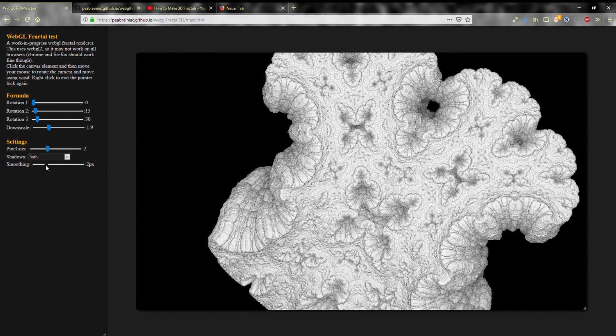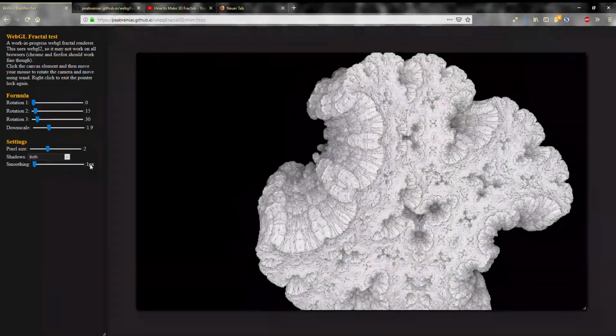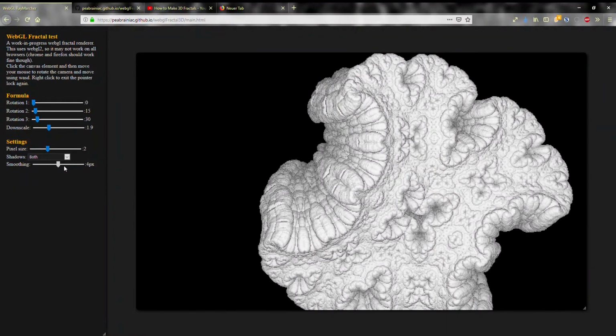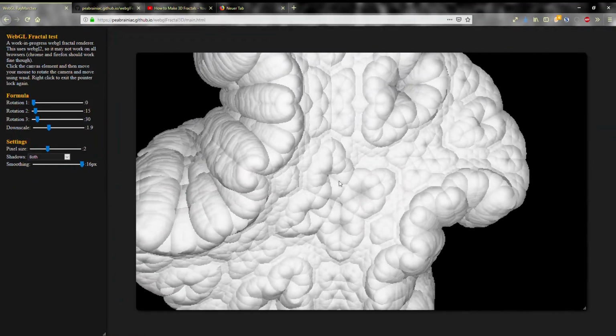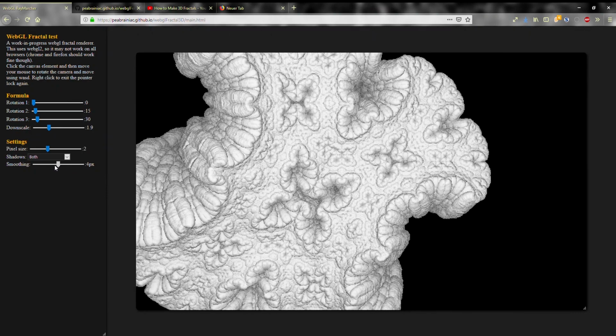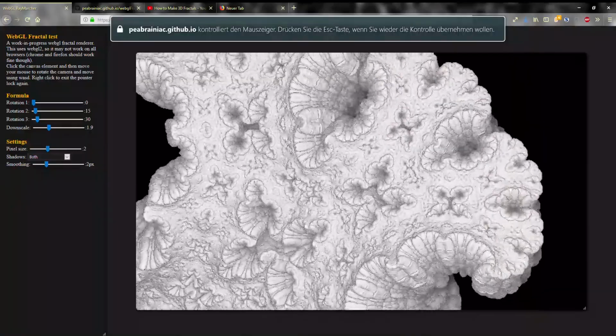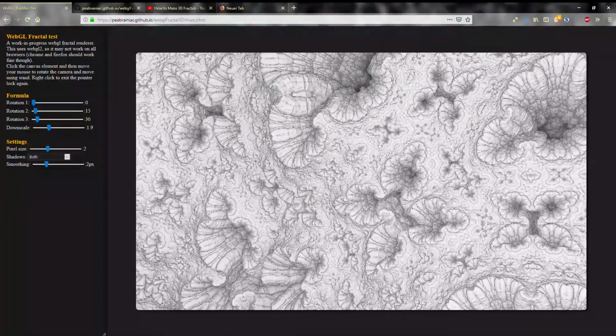And as you can see, the image gets really noisy when that value is small, but also loses a lot of detail when that value is large. So I usually just keep that at around 2 or 4 pixels, because that is still pleasant to look at both when it comes to noise and shape.